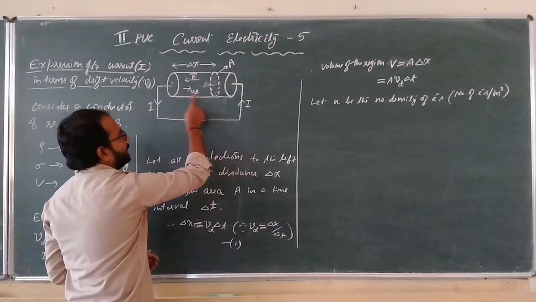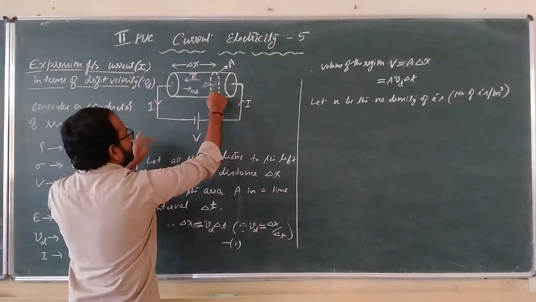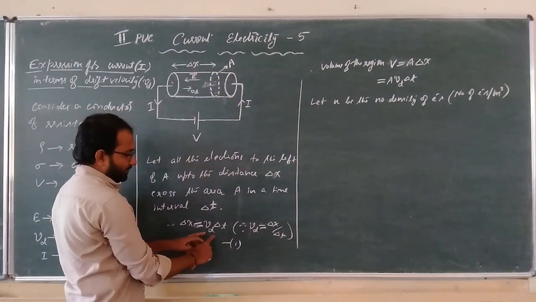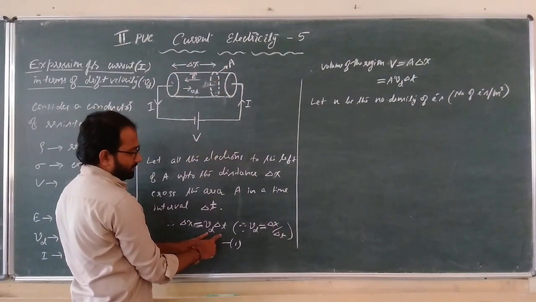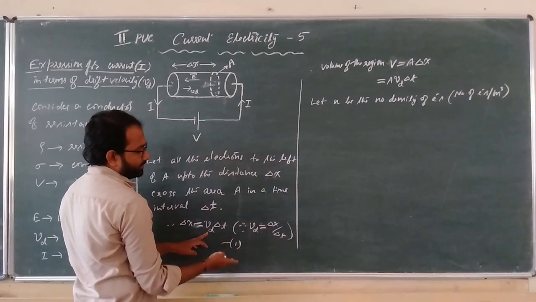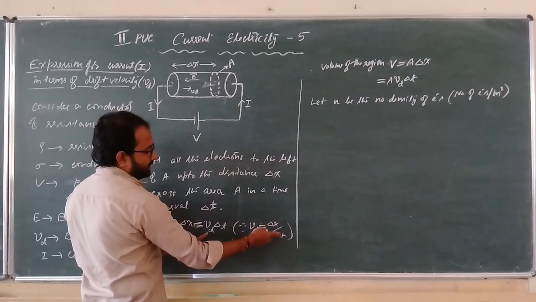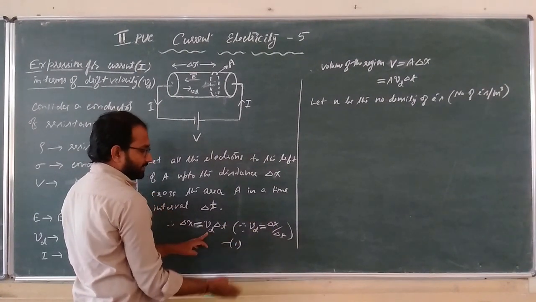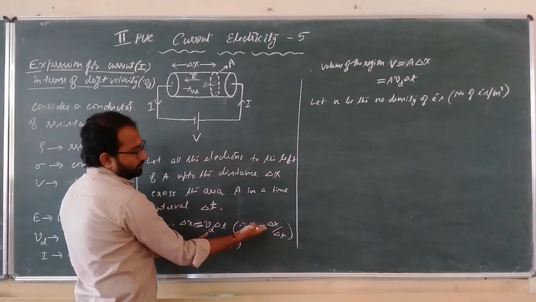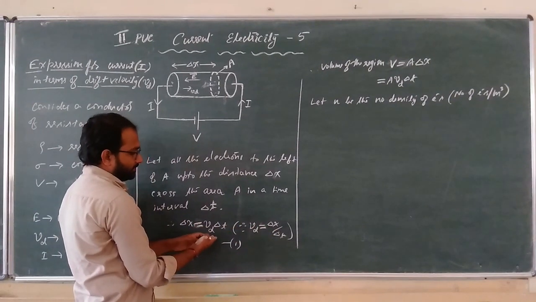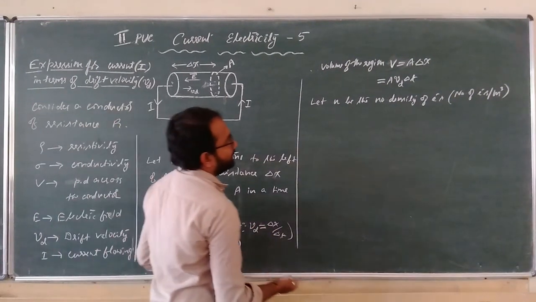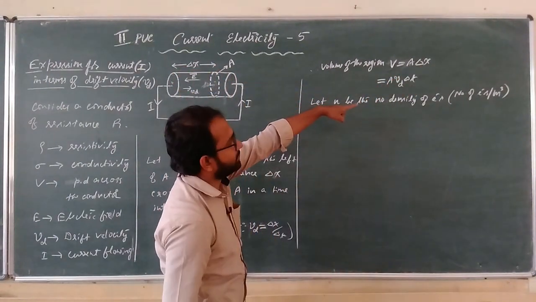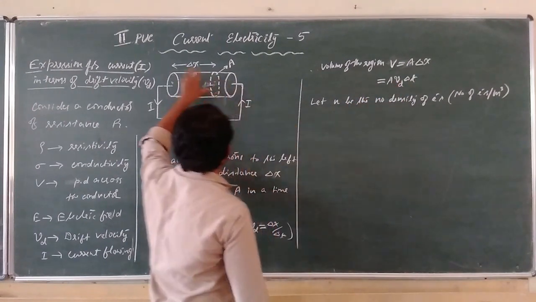The volume is calculated, right? Delta x is the distance, area of cross section is A, volume of this region is A into delta x, but delta x is Vd into delta t in terms of drift velocity, right? Because Vd is equal to delta x by delta t, distance traveled by the electron is delta x, time taken is delta t. So therefore we can calculate the drift velocity as delta x by delta t. Using this you can calculate delta x in terms of drift velocity, Vd into delta t. Substitute here, volume of this region is A into delta x, which is A Vd into delta t. You are getting the expression for volume.